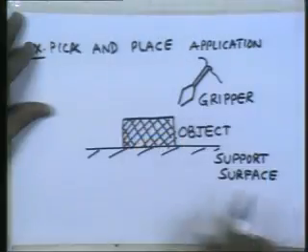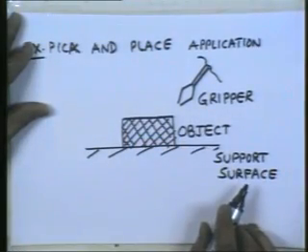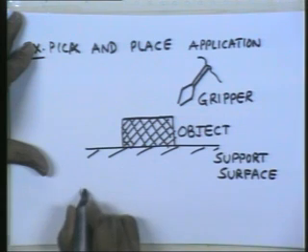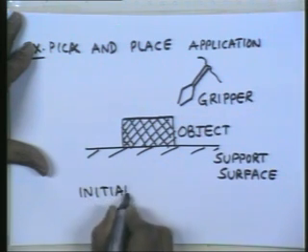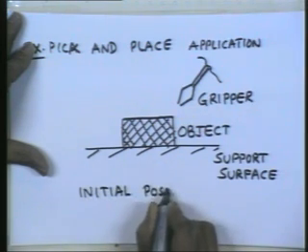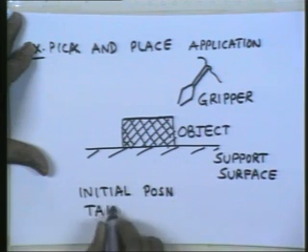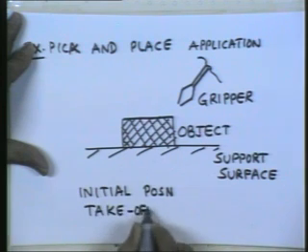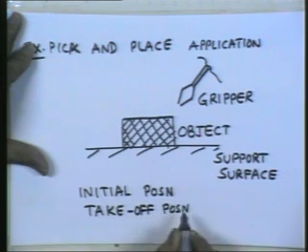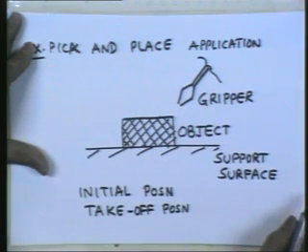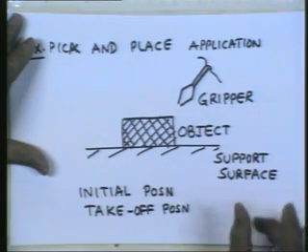So therefore, if you look at this type of situation where you are talking about a pick and place application, where you would specify the initial position and then say a takeoff position, so that it is slightly separated from the initial position along the normal to the surface, and so you can control the takeoff, approach velocities and so on.